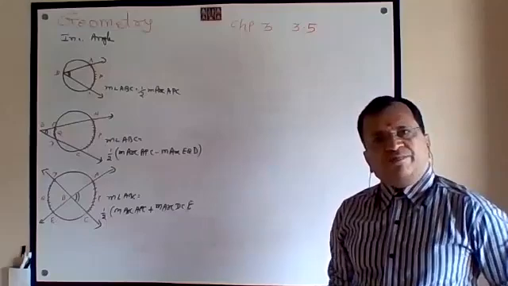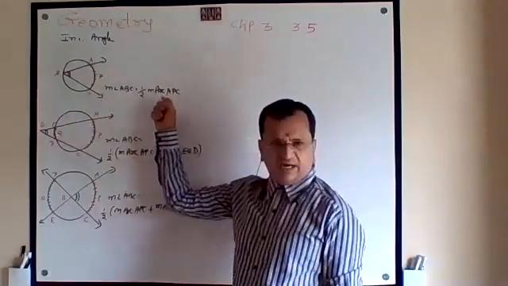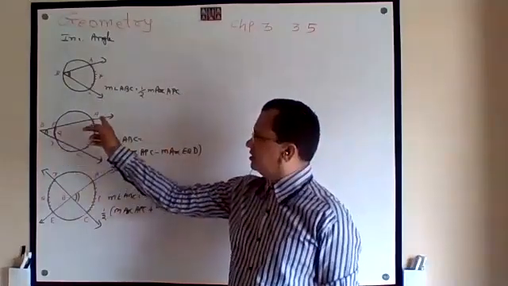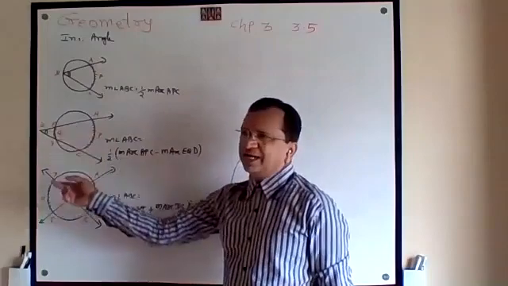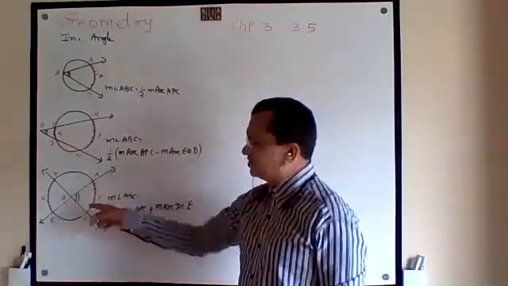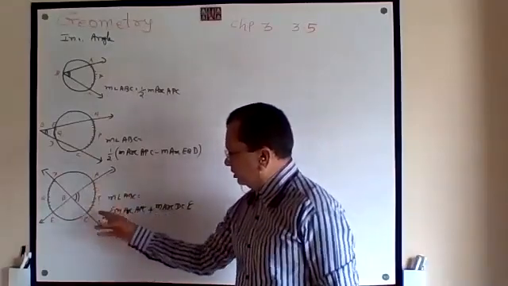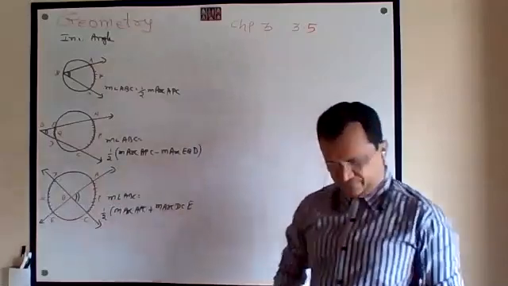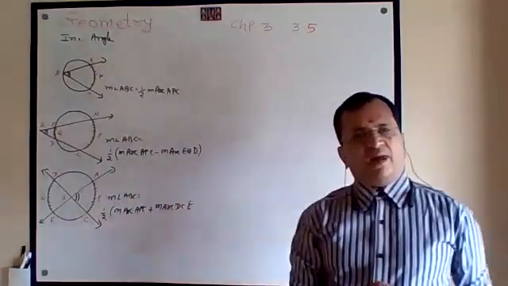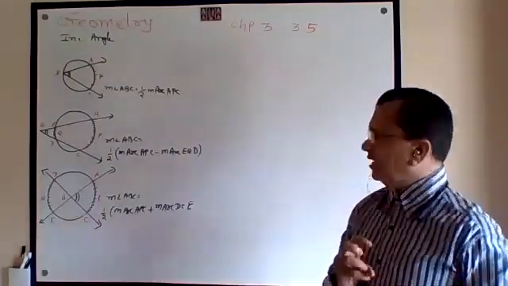When an angle forms on a circle, it is half of the arc. When an angle forms outside the circle, it is the bigger arc minus the smaller arc, whatever the difference, half of that. When the angle is inscribed inside, it is the sum of the two arcs, and half. Now these are the three formulas based on angle.